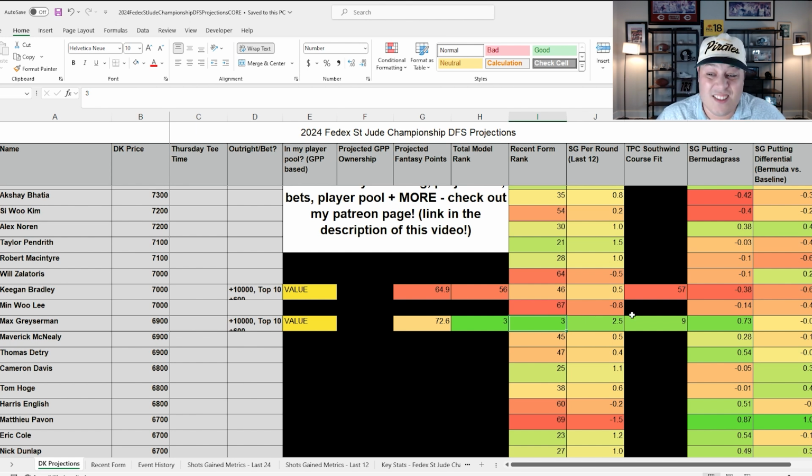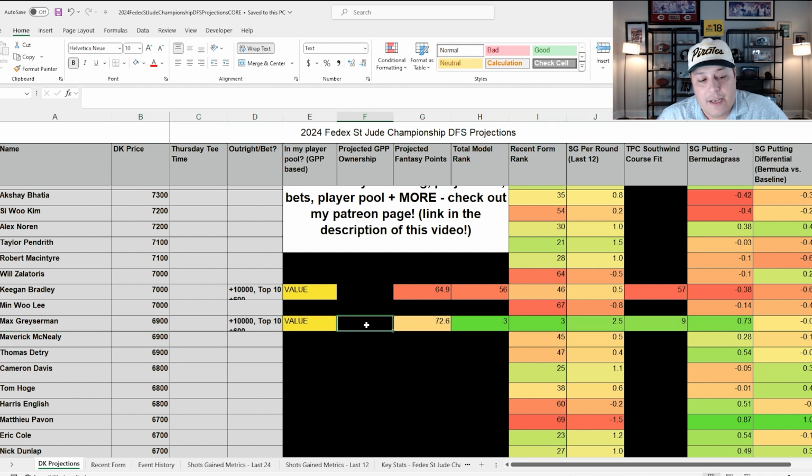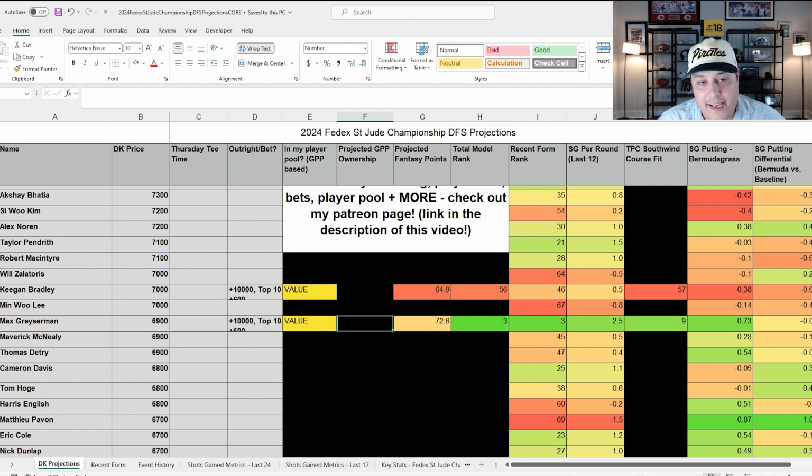He's getting 0.73 shots gained putting per round on Bermuda grass. Relatively accurate driver, really good from 125 to 175 yards. Just checks every box that we're looking for. So, you know, Grazerman, it kind of feels like you're buying them after we probably should have, right? The 2nd place finishes were the spot to get that exposure, but maybe he can parlay it into a 3rd